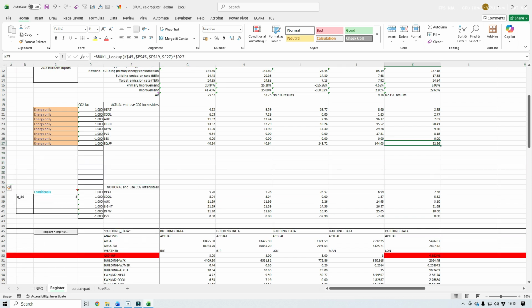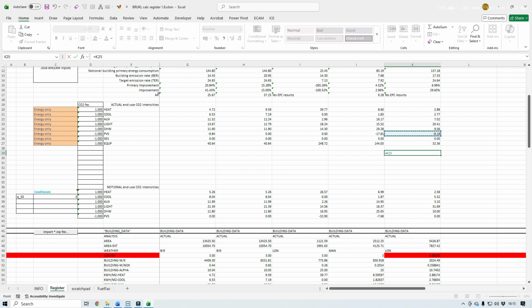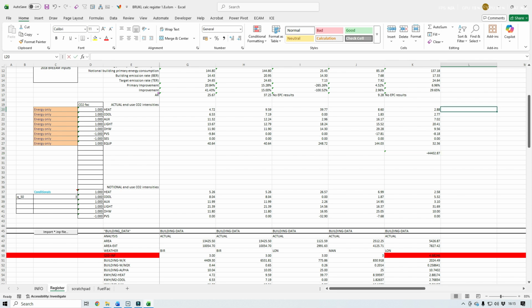You could, let's say, multiply that by the area. So we've got the kilowatt hours generated by the PV system. That's one thing you could do. You could do a little side calc. You could compare these numbers,